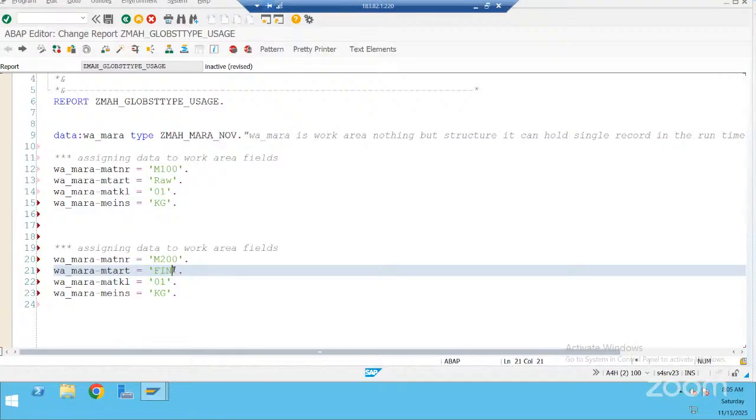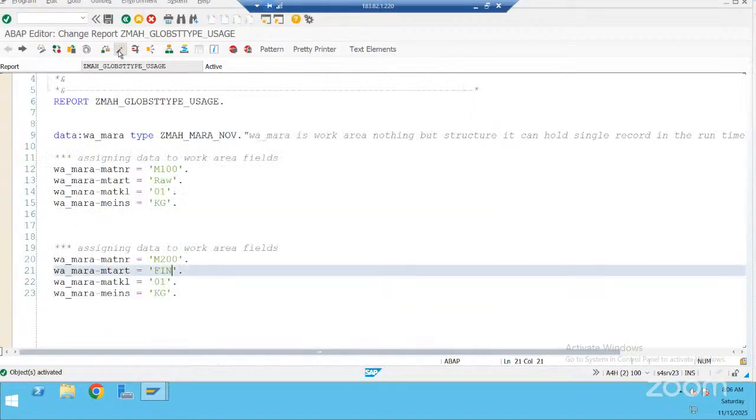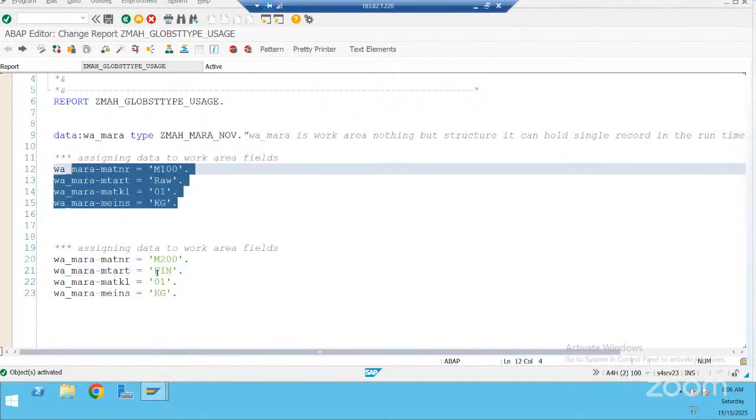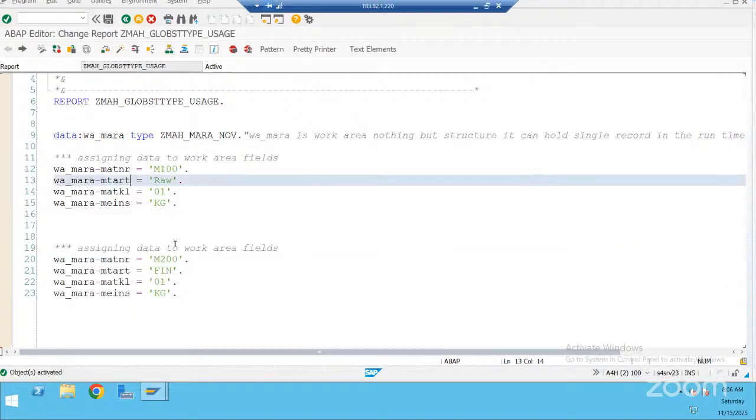Now, if I print work area underscore Mara, how many records will print? Single record only. Which record will print? This record or this record? The second record. It will override the first record. Yes. If you want more than one record, you should create an